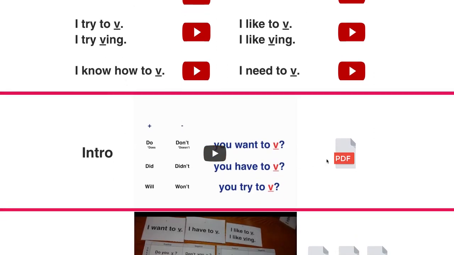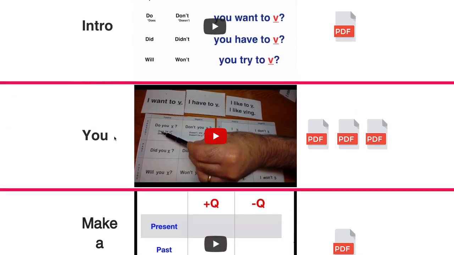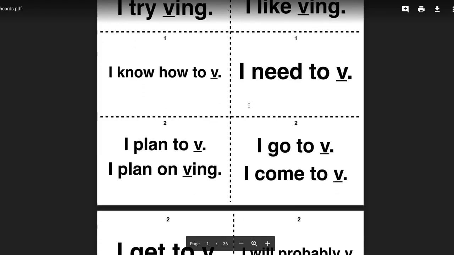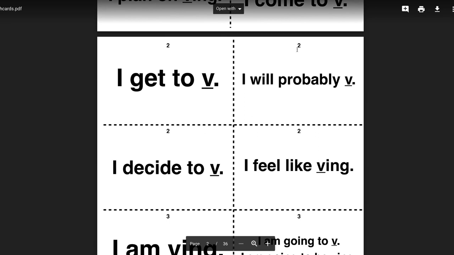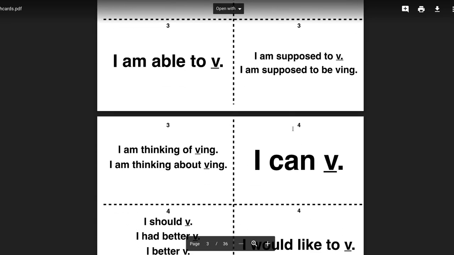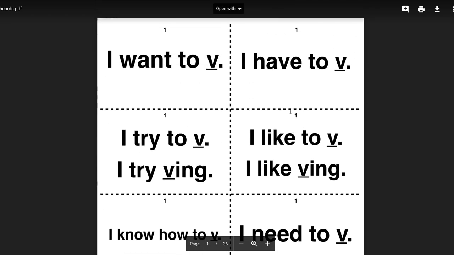Now, this introduces them to the pattern, but every section for the first 20 or so hours, I have this use section, and this is how I would teach them. All the printouts that you see in the video, including these flashcards, can be found in these PDFs. For example, the flashcards for the captions, you can print out a page at a time. This is hour 2, these are hour 4.